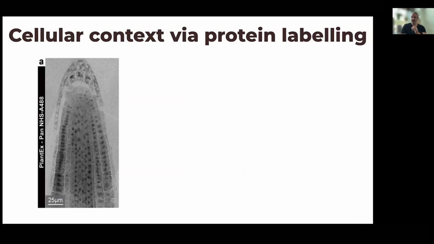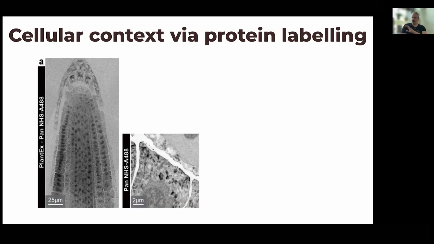And this looks somewhat like this at low magnification. So now you see anything that is darker has a higher protein density. We just attached NHS Alexa 488 to the lysines of the proteins. So now if you look at individual cells, you can see the outline of the nucleus, you can see the outline of the cell walls, you can see these dark areas which are representing mitochondria, the lighter bubbly areas